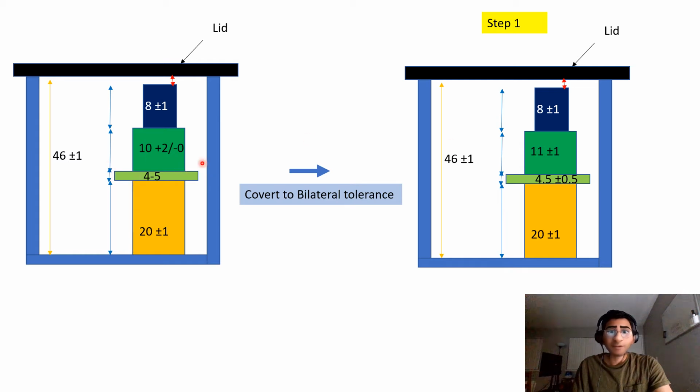Similarly, if we look into the unilateral tolerance, what is the tolerance? Total tolerance is 2 divided by 2, that's 1. So unilateral tolerance is plus minus 1. And then you add that plus 1 to 10, you get 11. It's very intuitive also. And this remains bilateral tolerance. So the first thing we did was to convert unilateral and other tolerances to bilateral tolerance. Second is